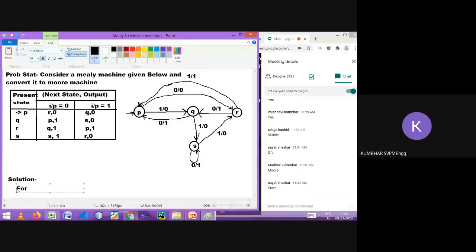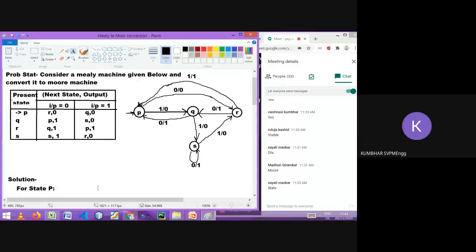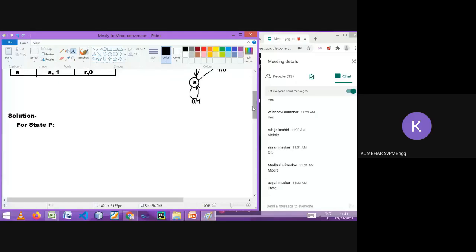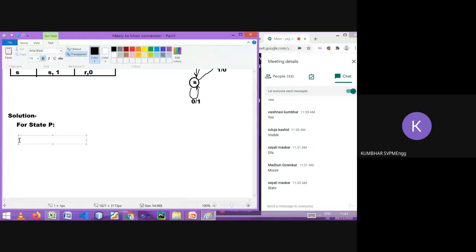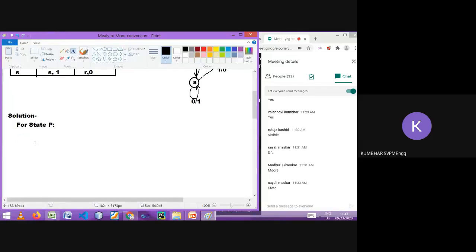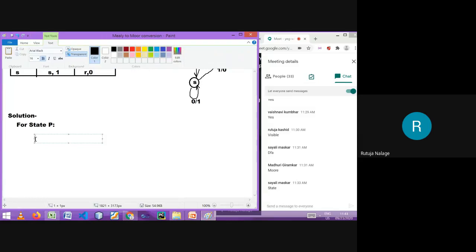So which is the initial state? P. The first initial state is P. We will start from this. So how many incoming edges do we see? Two incoming edges, correct? P and R. So two incoming edges.